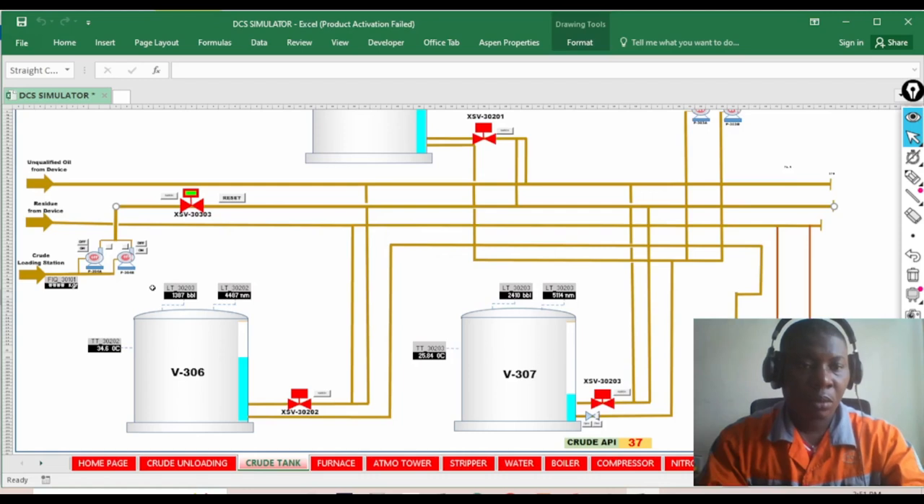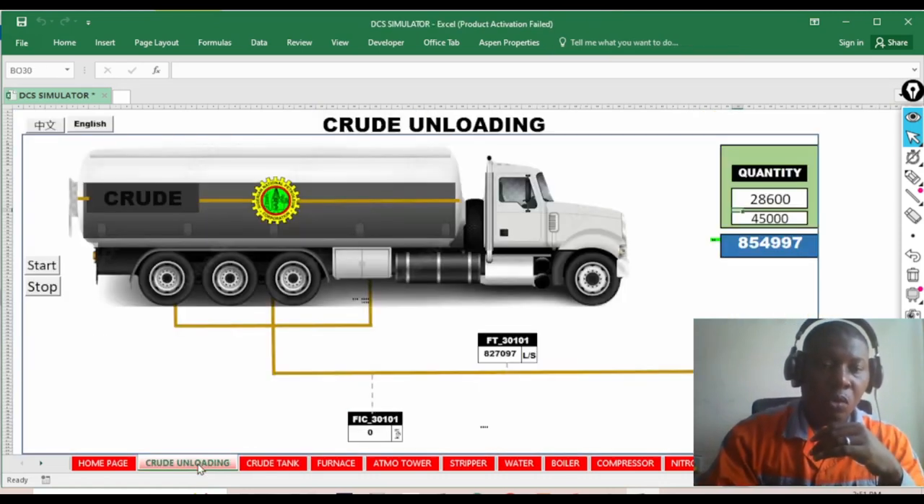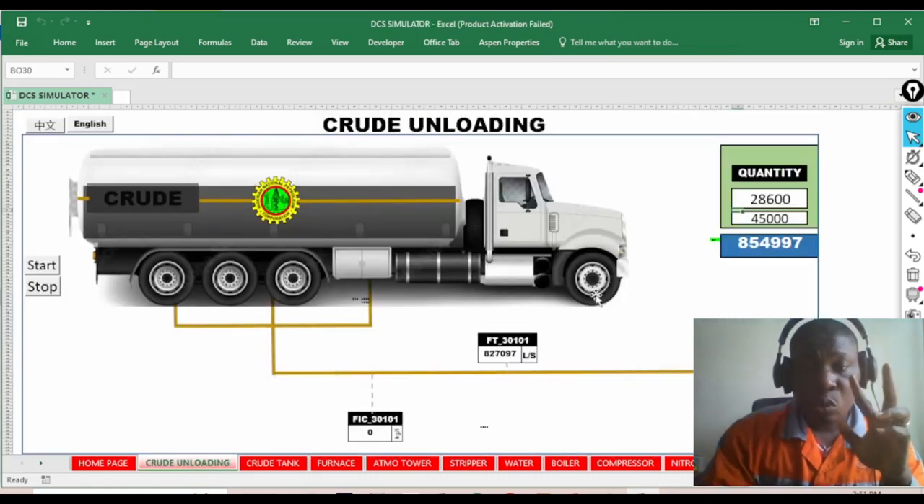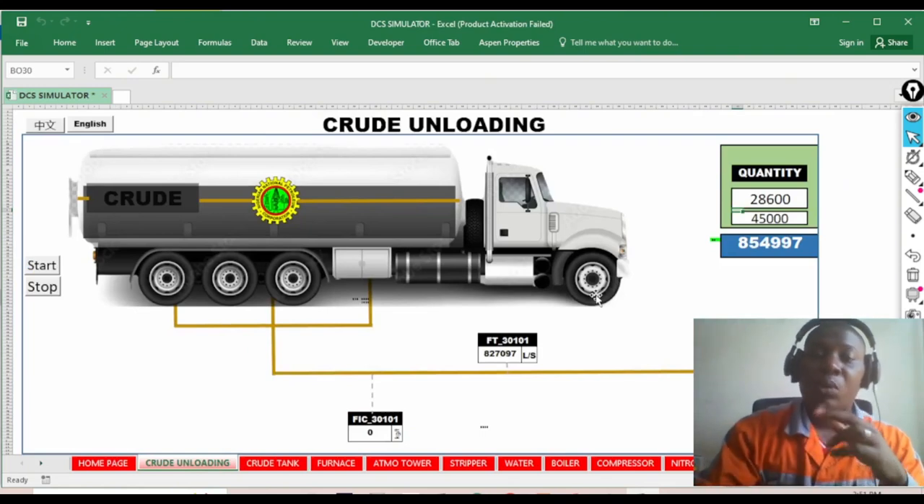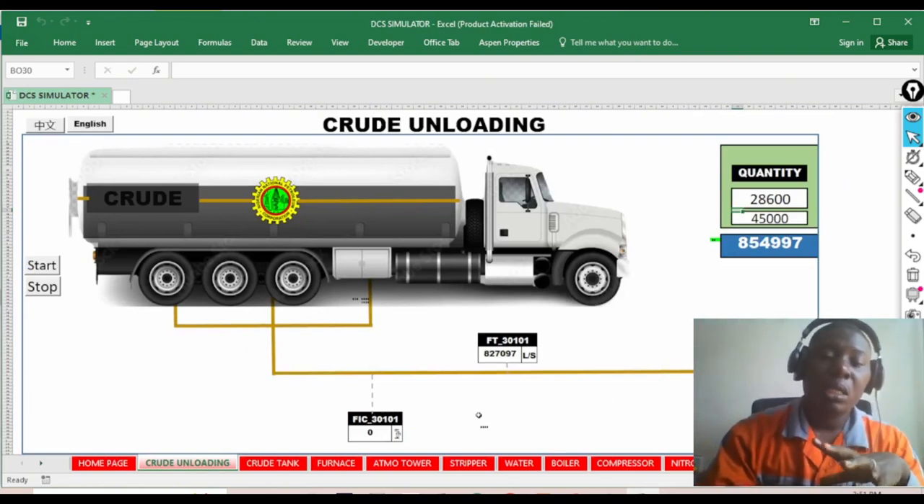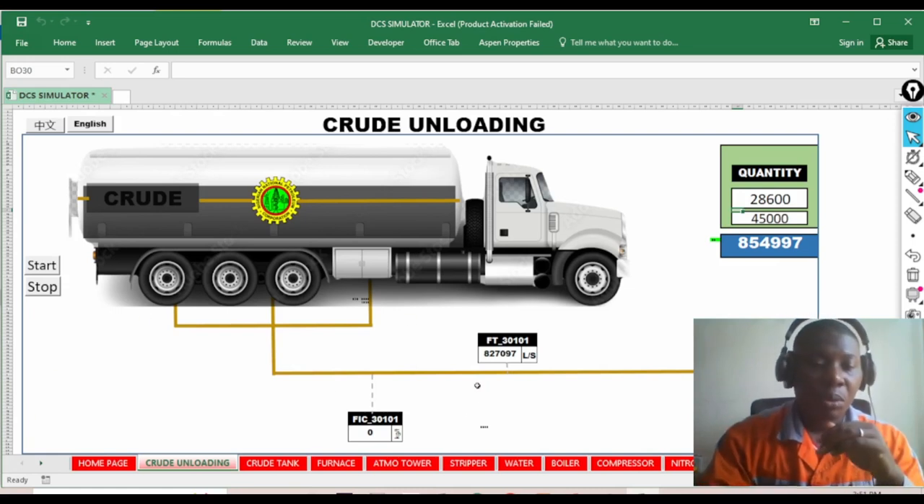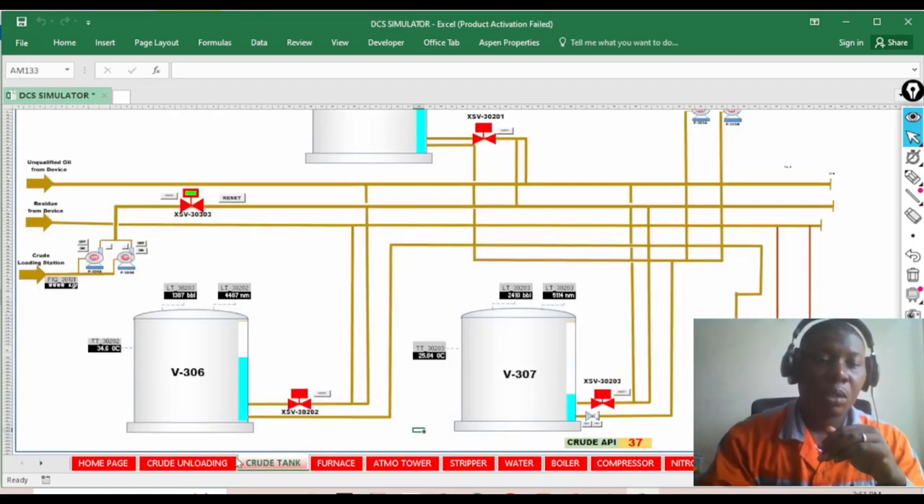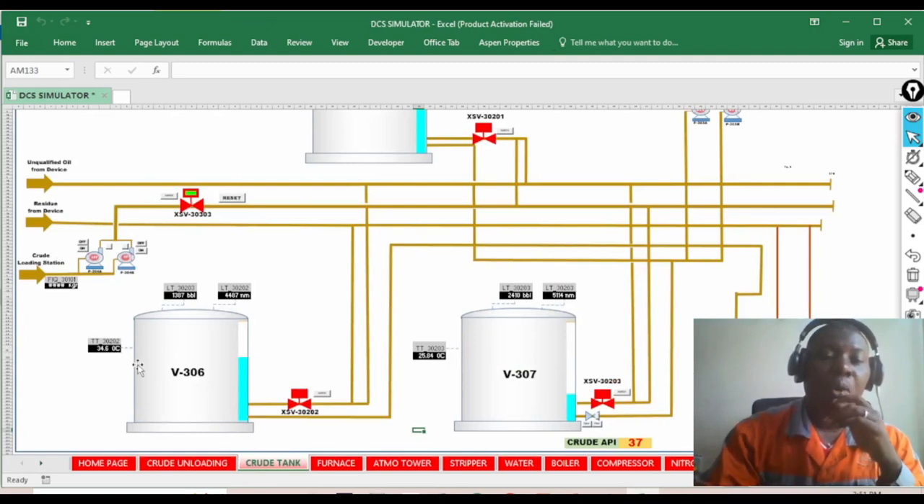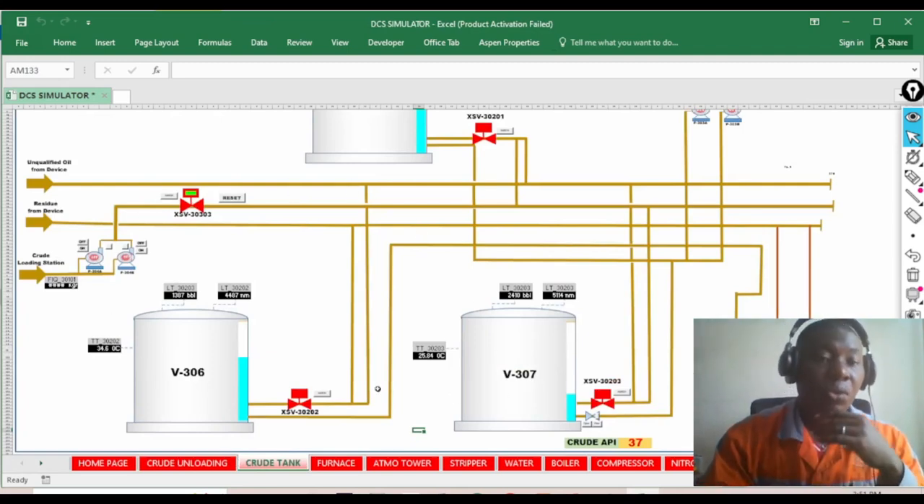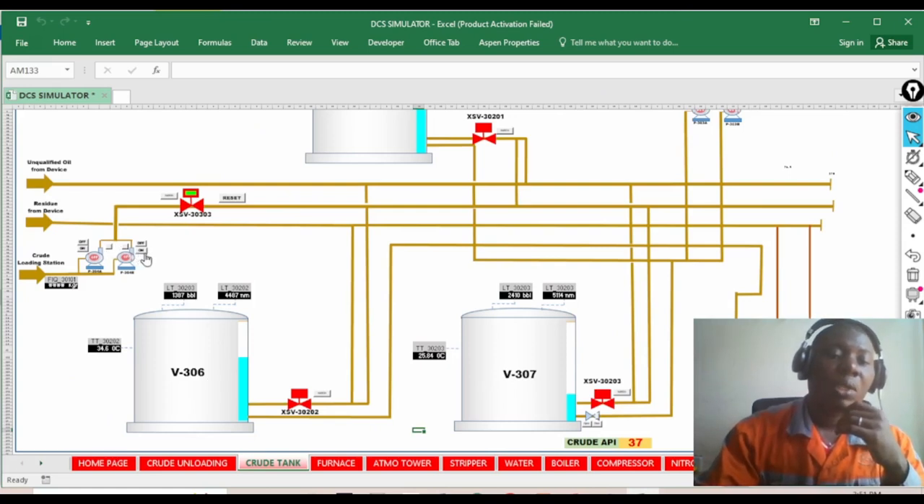Okay, so let's go to the second scenario now. In the second scenario, let's say the line is properly lined up to the pump, which is here. Now we want to transfer the crude down to 307 again. We start the operation,